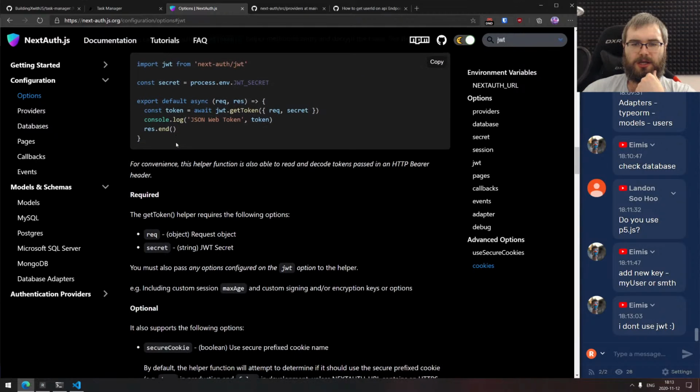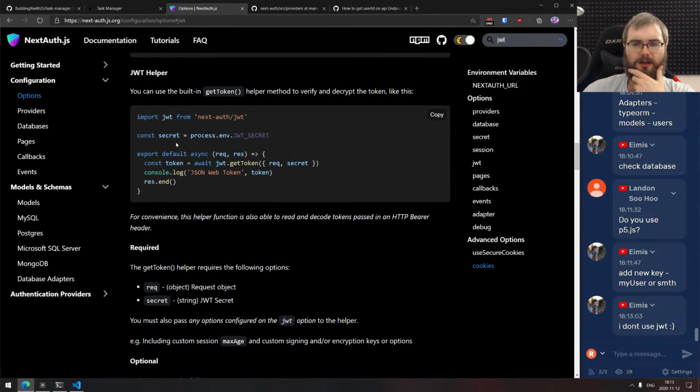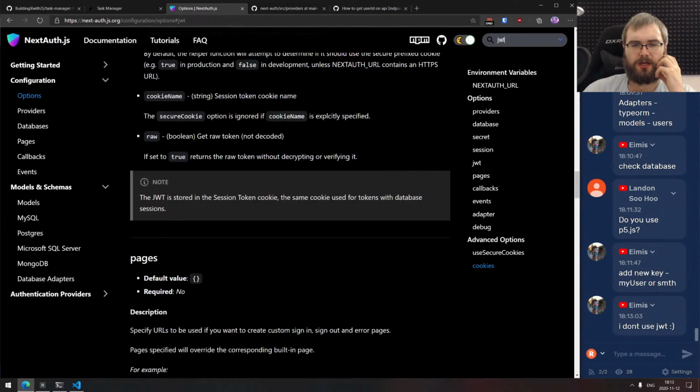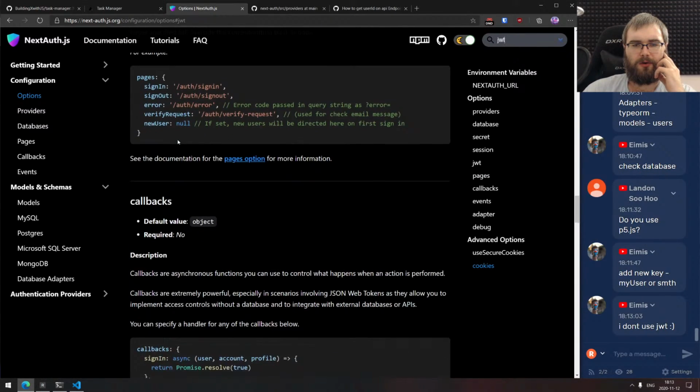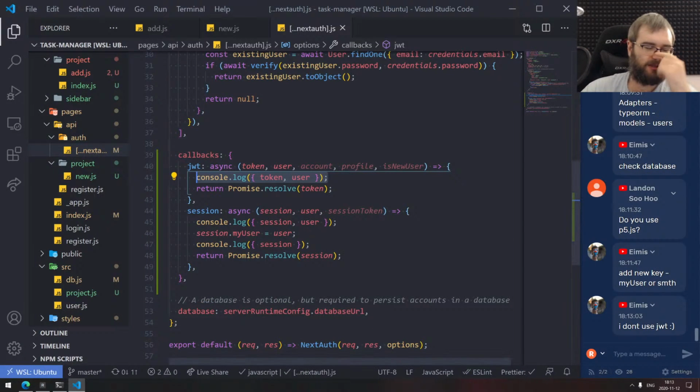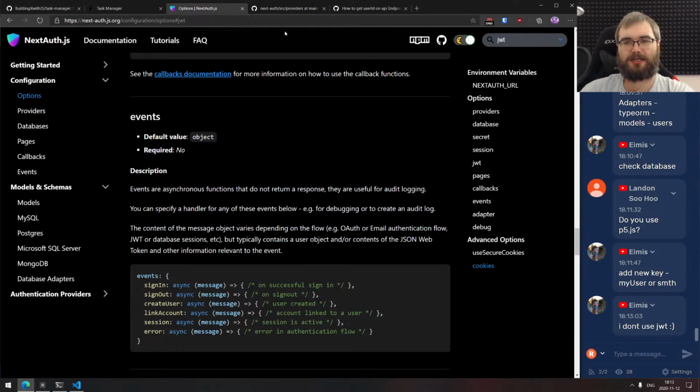Doesn't seem like there's any configs here. So it allows you to provide the helper or whatever. Secret cookie name raw. Right, so it doesn't seem like you can provide any, I guess our own. Yeah, this is just a bit silly, but whatever. That's fine. So you can say that basically,